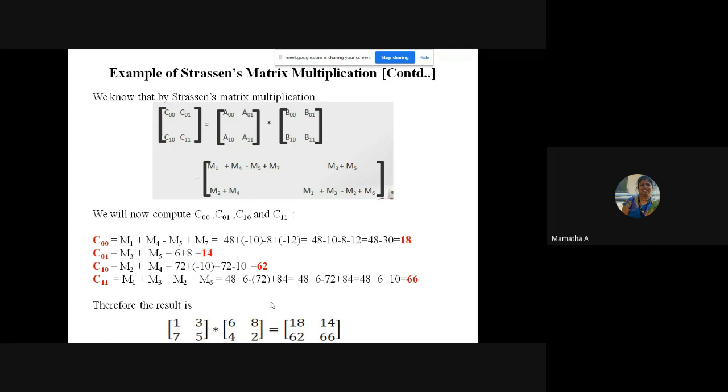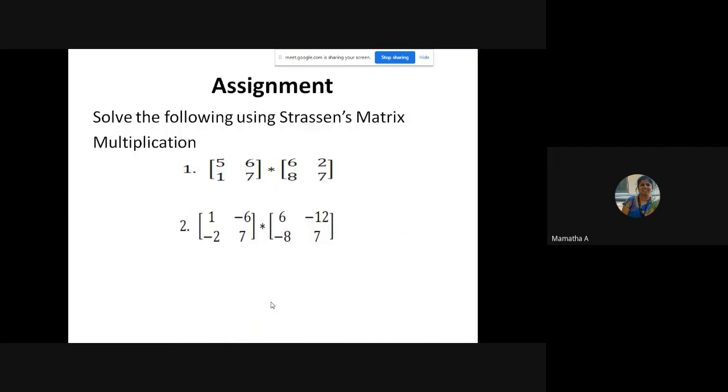Okay, so I want you to follow the same way for the following assignment, which I have given here. Right? These are 2 problems I have given. I think the first one is one which was asked in your exam. The second one, I purposefully have given negative numbers so that you compute in the right way. Okay, students, I'll share this in your group. But anyways, you can just look into it. Is that okay?